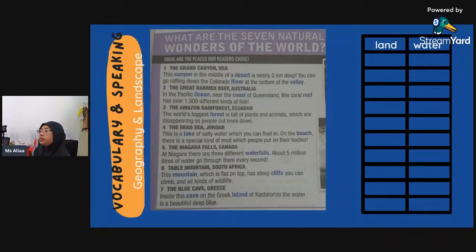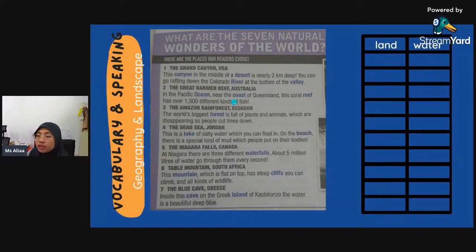So, which category do you think it belongs to? Land or water? Then we have the ocean. Ocean is lautan. So which category do you think it belongs to? Land or water? And then we have coast.